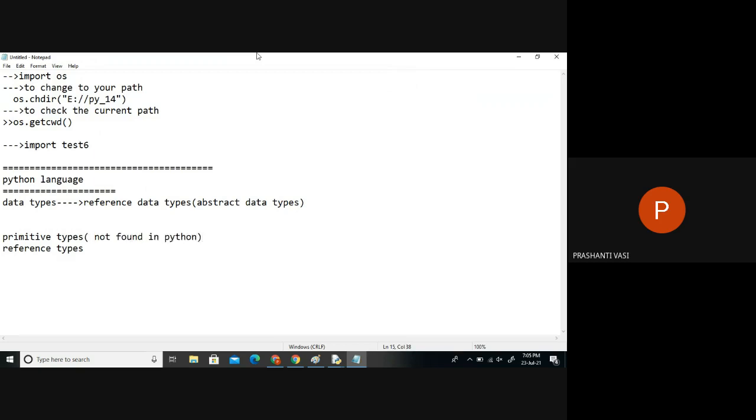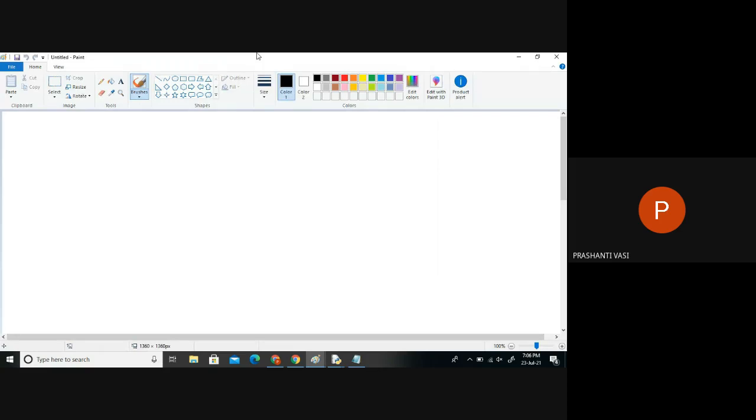Now, what is primitive? What is reference? This is the only thing which will make a difference in Python. I'll show diagrammatically what is primitive and what is reference. In a mathematical way, if I write like this and run this particular line, immediately in Python one location will be created and this data will be loaded in this location.